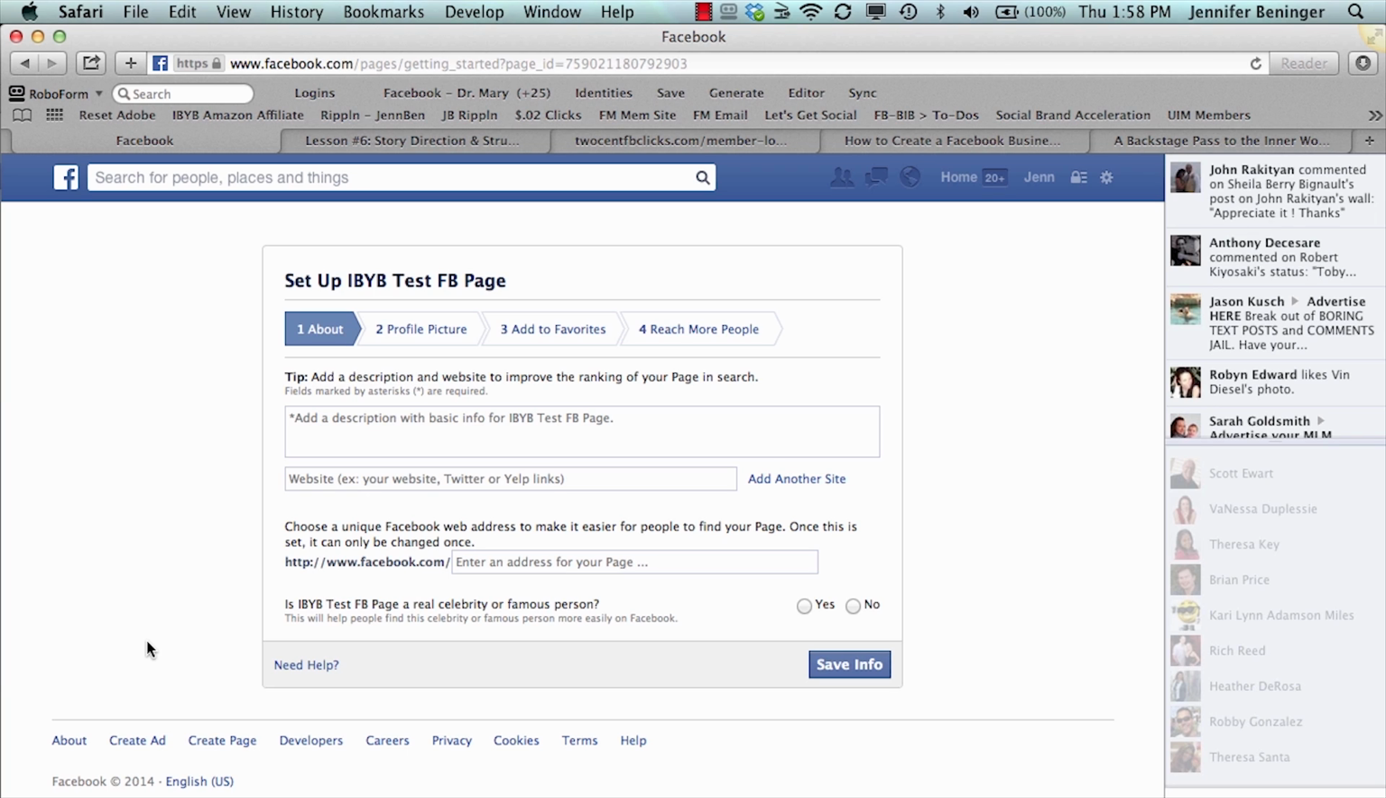So the first thing is to put your about description in here. Now, I want to stress that I would encourage you to use keywords in your description. We get a lot of people asking, hey, how can I have my website front and center? It would be by putting it in this section. So that's what we're going to do. We're going to put our website,